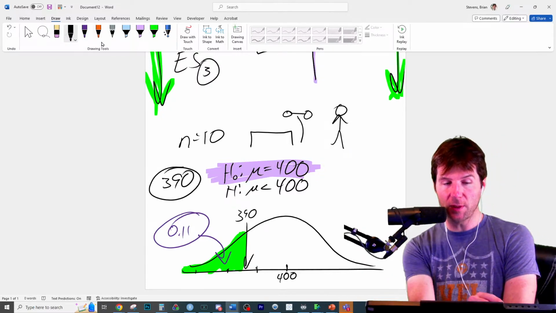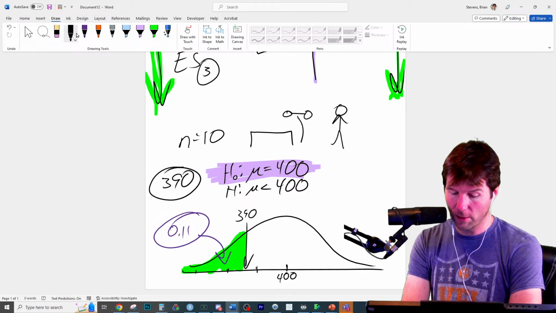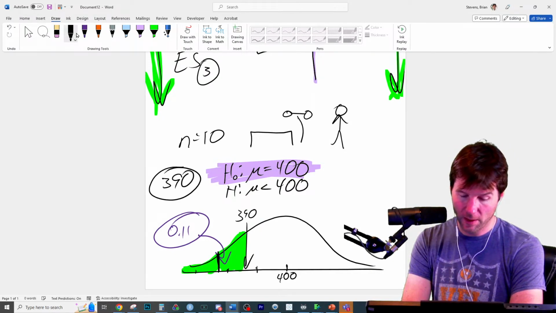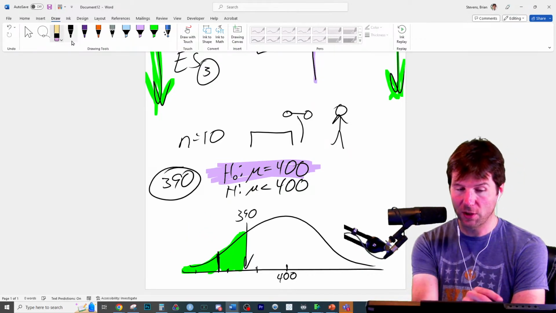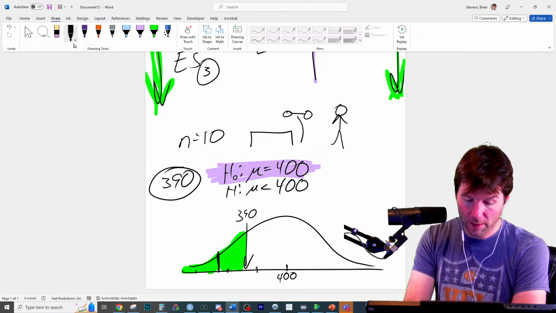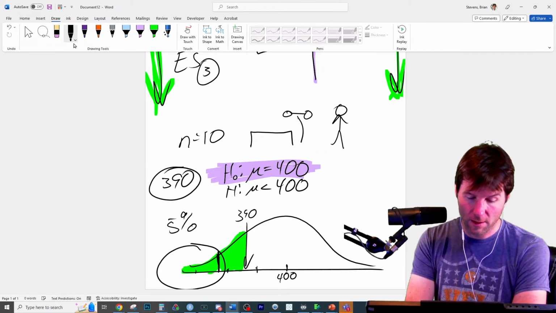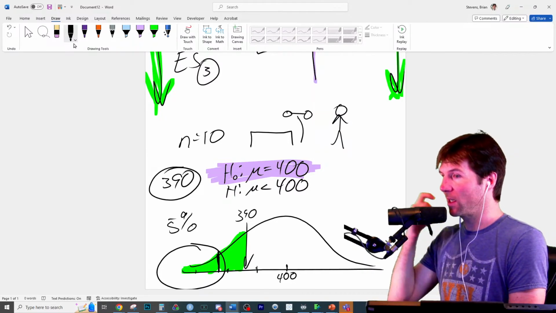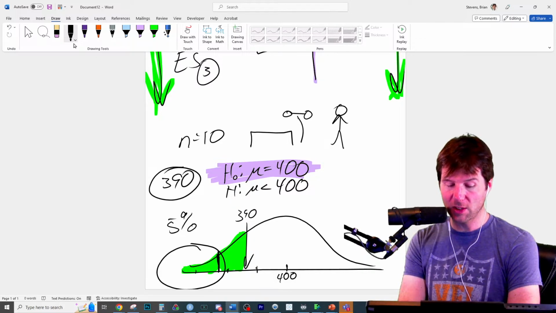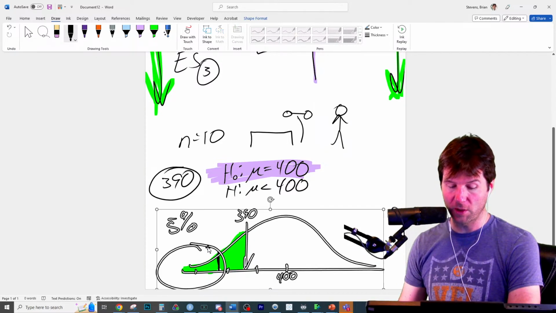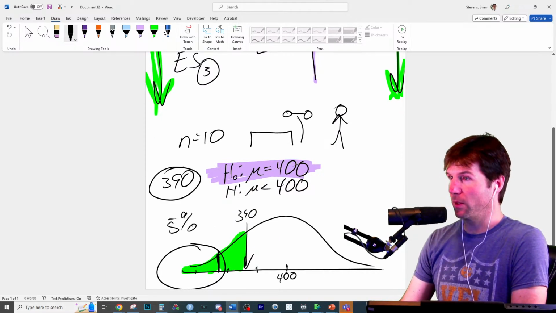So this is where the alpha level comes into play. And the alpha level is going to be down here, about over here. So the alpha level says, here are the observations that would only occur 5% of the time. So this is your willingness to make a mistake, because are all of these results right here possible, given I can bench 400? Are all those results that I've circled possible, given I can bench 400?